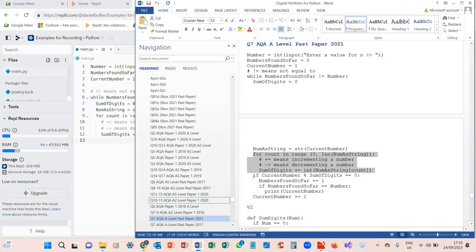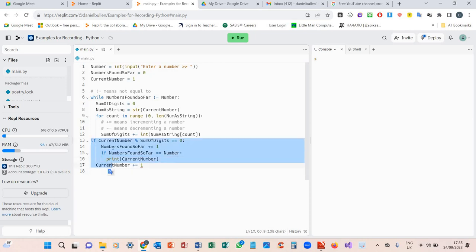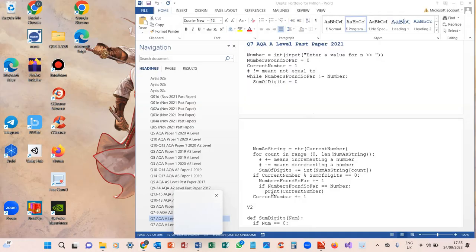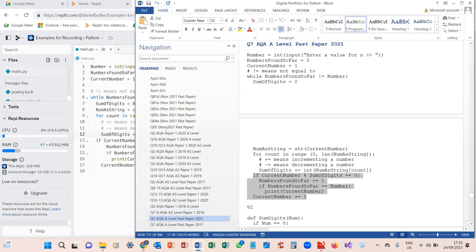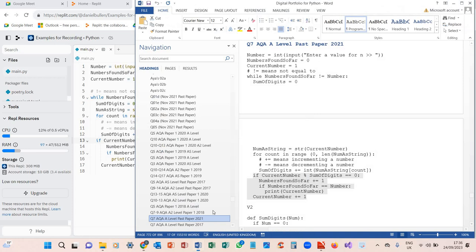Back to the code. What's the next bit we need to do? We need an if statement. If the current number modulus sum of digits is equal to 0, you would do numbers found so far incremented by 1, and if numbers found so far is equal to number, we print the current number. And then once we've done that,